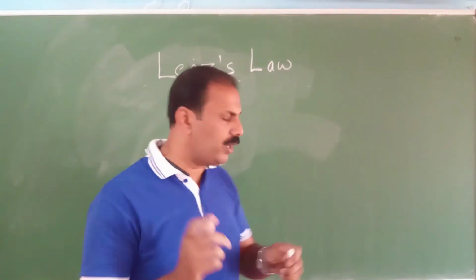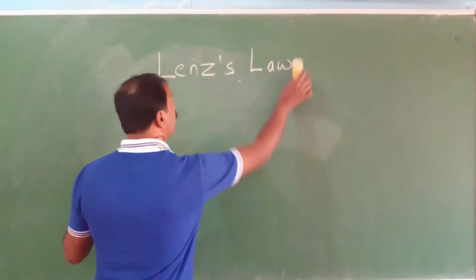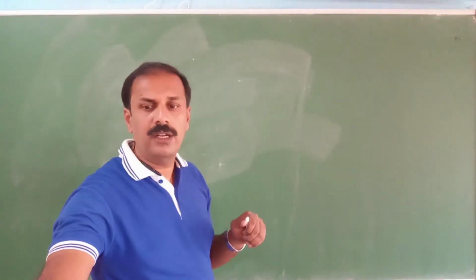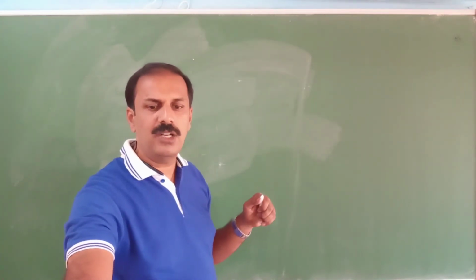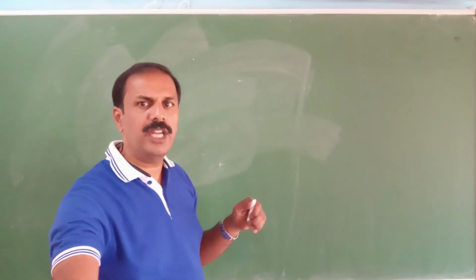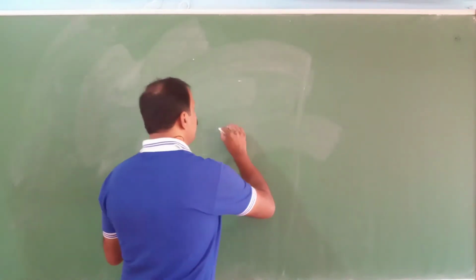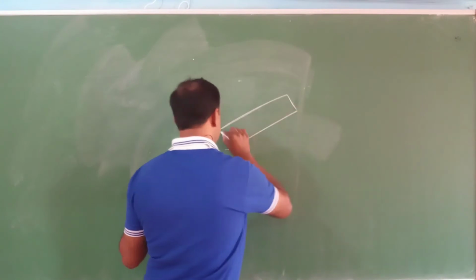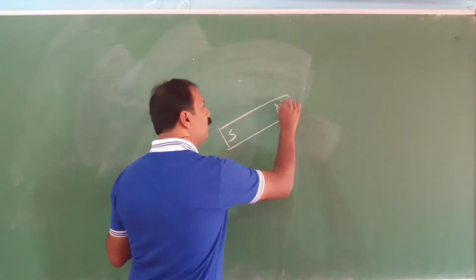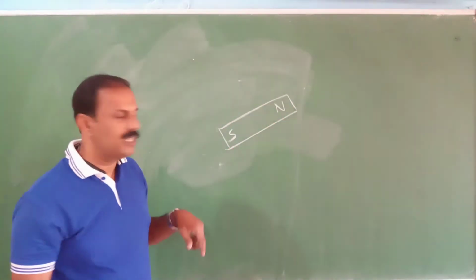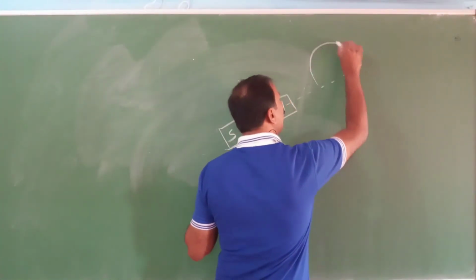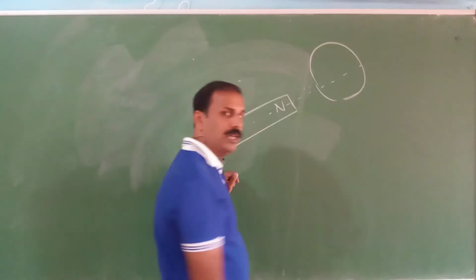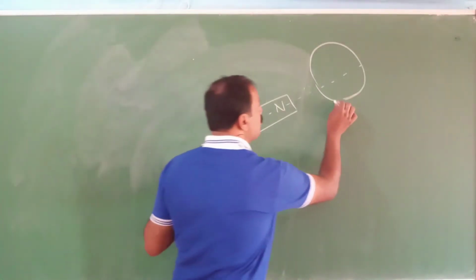Once more, if I draw a diagram, you will understand that clearly. Think about a situation, the same experiment, where a single coil is there and you are pushing a north pole towards that side. That is, you have a magnet like this, with the south pole here and the north pole here. You are pushing this north pole towards a coil. So you have a coil here like this. I am just making it a full circle.